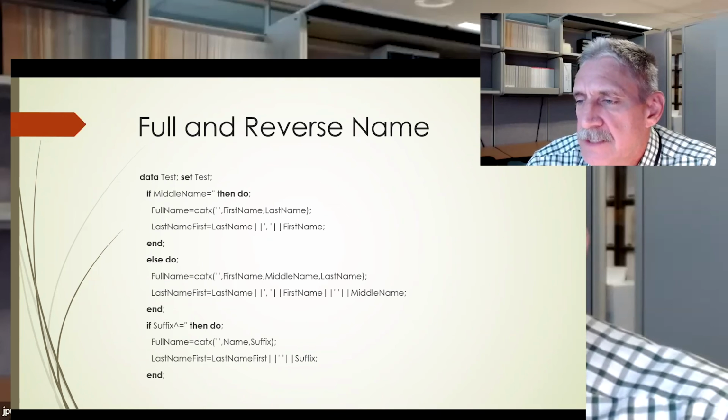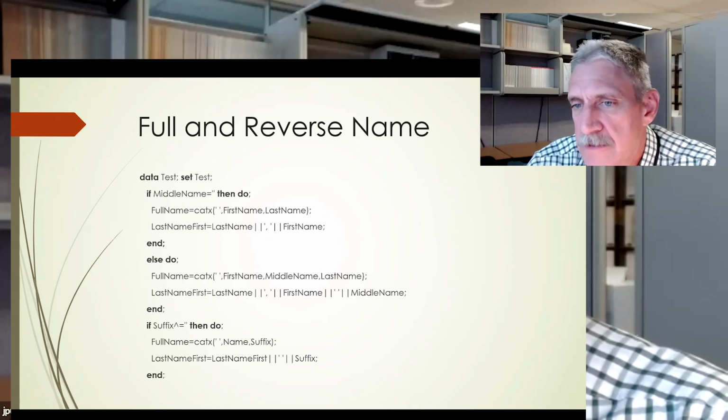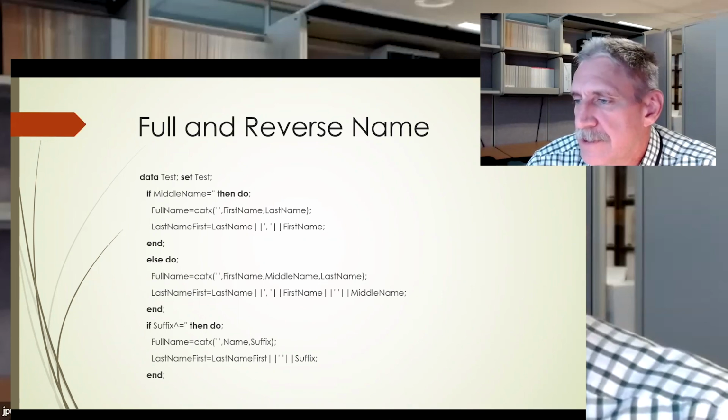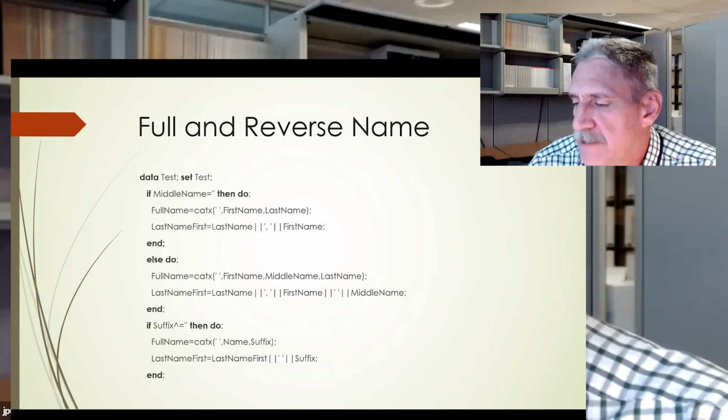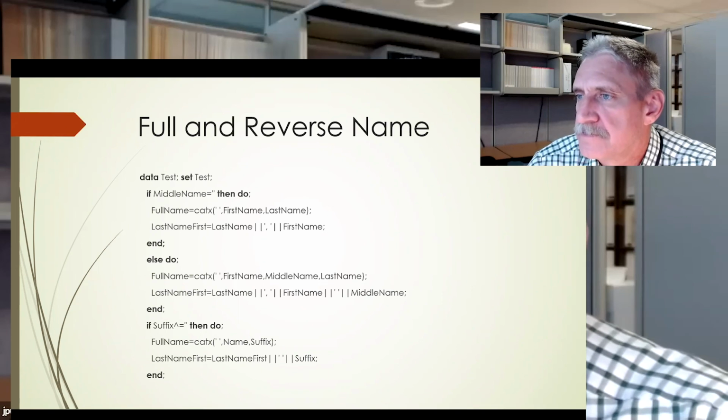If I want to do last name first, so Purvis, comma, space, Jon, space, Ray, last name first is often useful for other things. So for that, you don't want to insert the space. It's better to go ahead and just use the concatenate operator or the CAT function and create it yourself in the way that I've done there. And so here's the code where, if you have the middle name or not, and whether you have a suffix or not, you can create those.